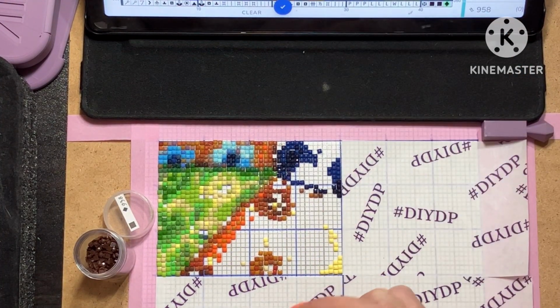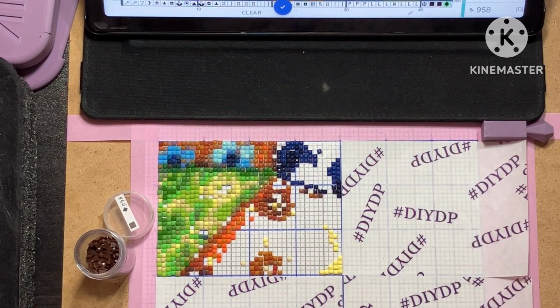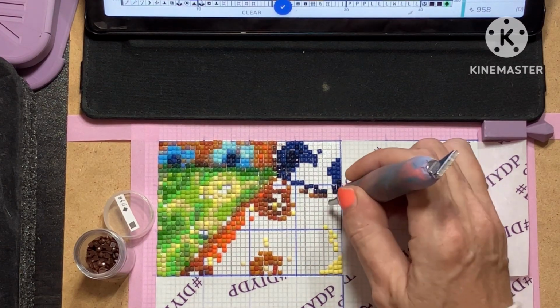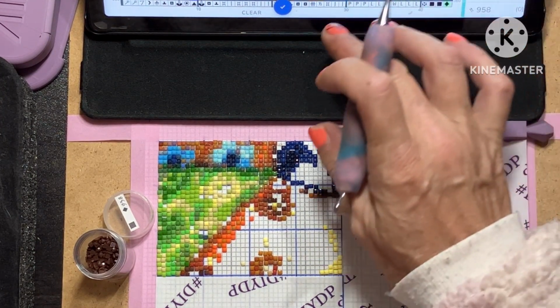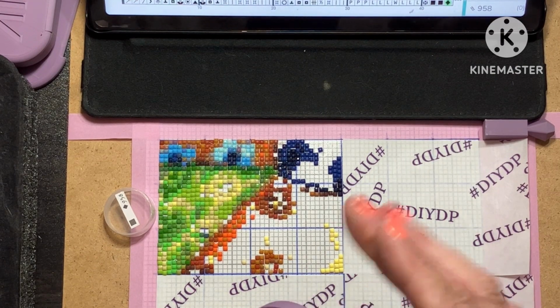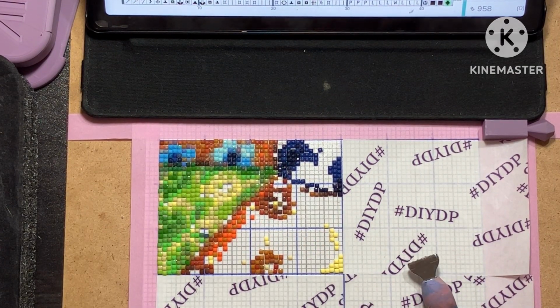The thing is with these, to be fair, when it's so confetti, you're really not going to notice if you've got one in the wrong place. Literally. But also, I do a square. I do 1,200 in this. There's 1,200 drills in this, which, yes, people say it's a bit of a...